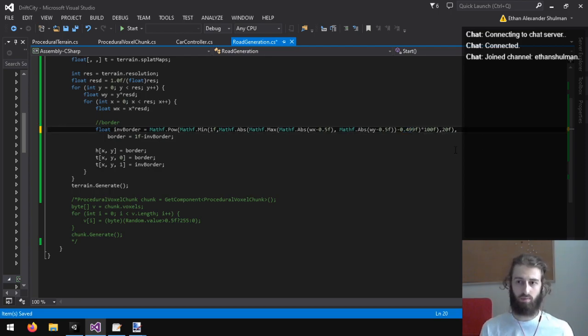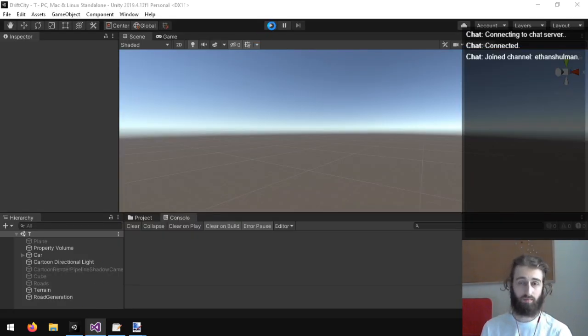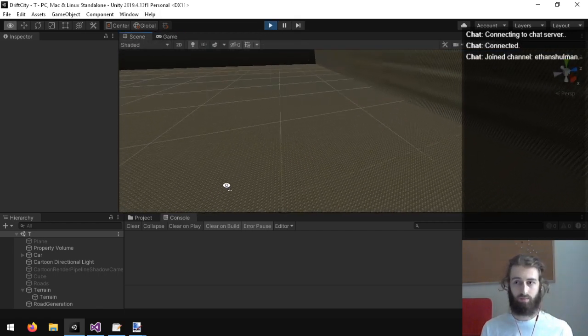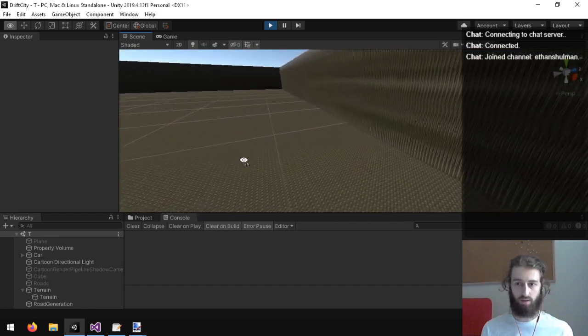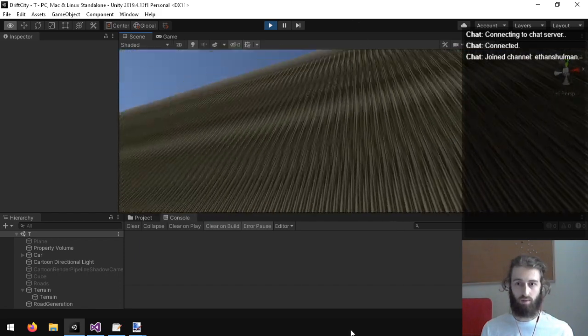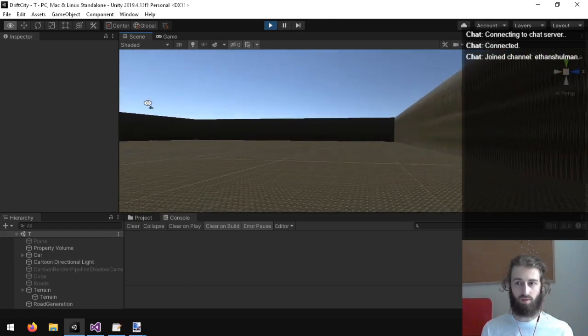Maybe it's the multiplied by 10 that's the big effect. Oh yeah, it was the multiplied by 10. Okay, that's actually working pretty well, except for the texture stretching right here.